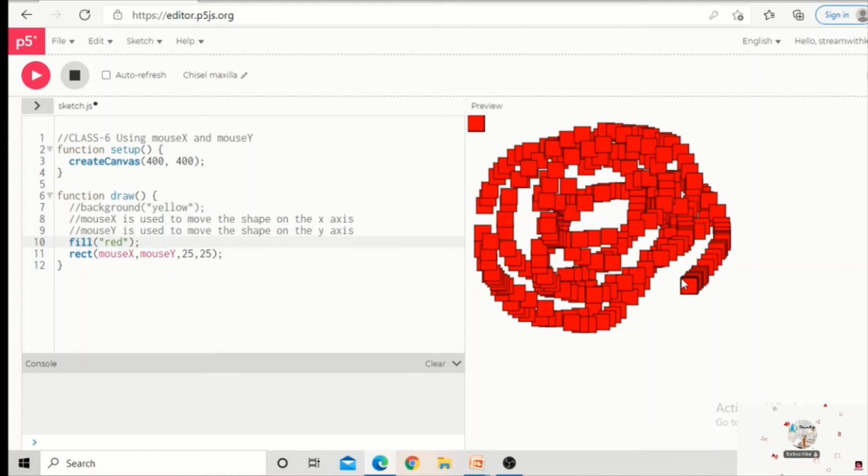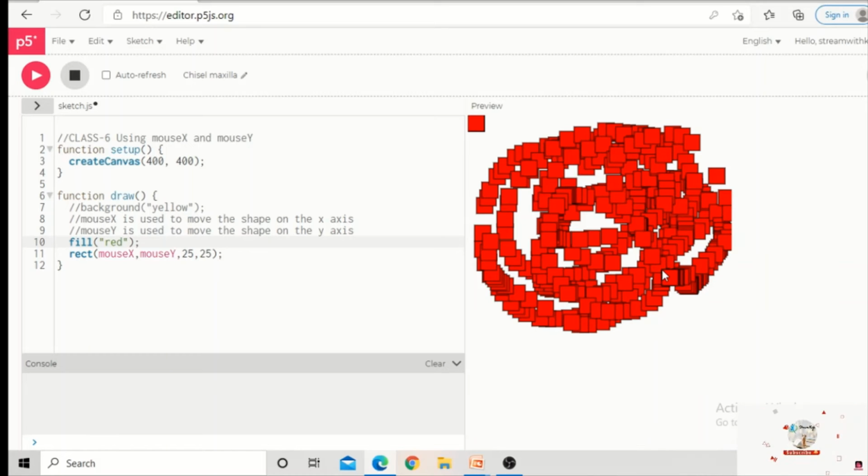Now what we will do, someone can draw like this, but after drawing like this, if they click on the screen using their mouse, I want to change the background color. So that is my task. I will repeat the task. After drawing so many rectangles on the screen, if any user is clicking on the mouse, then the background color should be turned into some other color. If we want to do that task, we need to write one more function, that is mouse pressed.